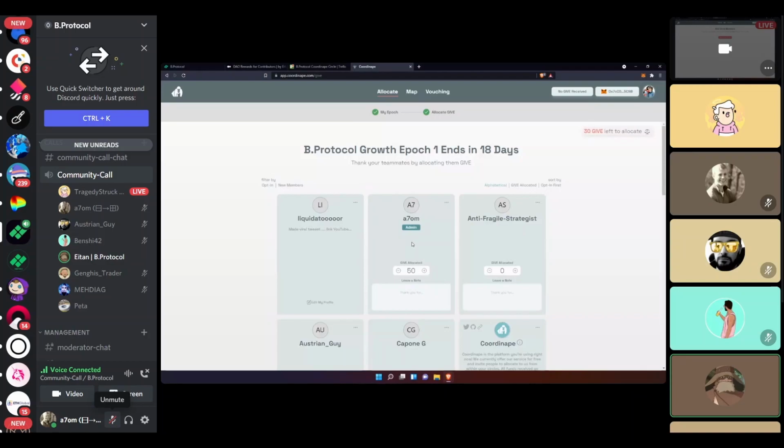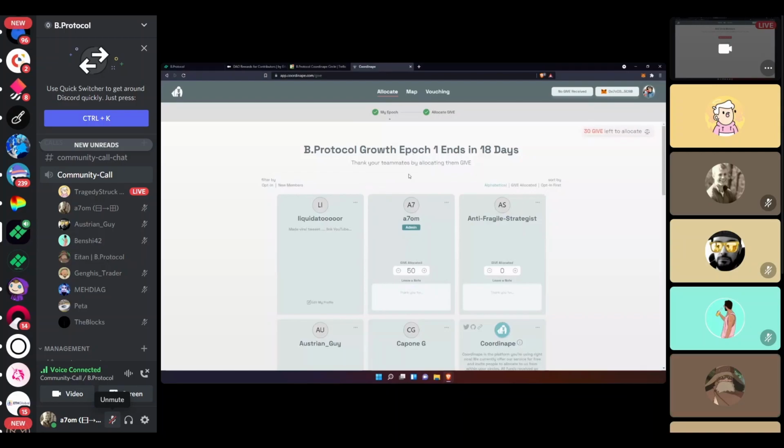Yeah, I think for that there's some kind of setting that we need to enable to have groups or sub circles. I don't know what they call it. Like you can choose the members that you're working with. I assume that's at the beginning of the epoch, or when you just enter the circle. I'm not sure how it works, but there's something in the settings that we need to enable, so there will be sub circles within the B.Protocol circle, and then you can, as you mentioned, reward those you're actually working with.